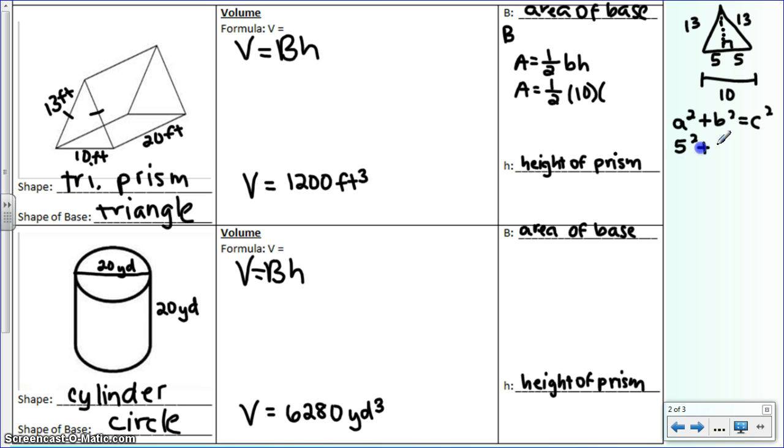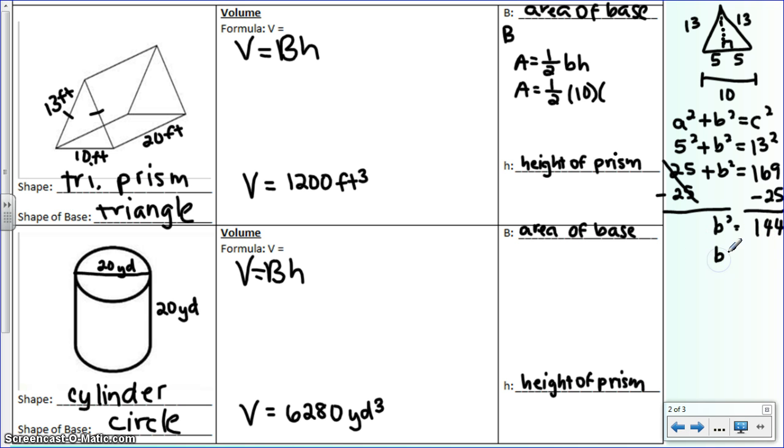5 squared plus b squared, because I am missing one of the legs, and the hypotenuse is 13. So I'm going to go ahead and square that. 5 squared is 25 plus b squared equals 169. That's 13 times 13. Now I'm going to have to take away 25 from both sides of my equation in order to get b squared by itself. 25 minus 25 cancels out, so I'm left with b squared equals